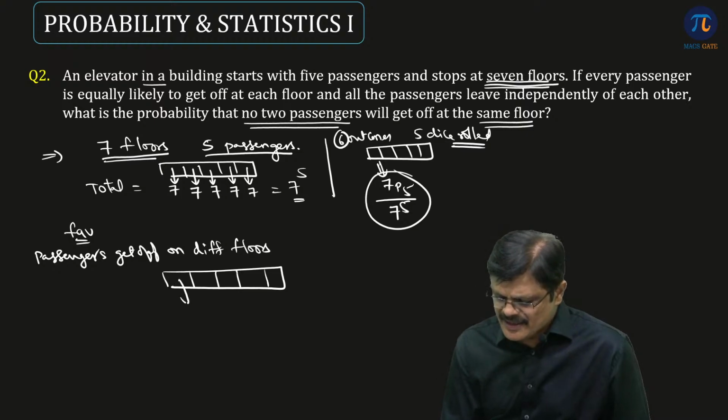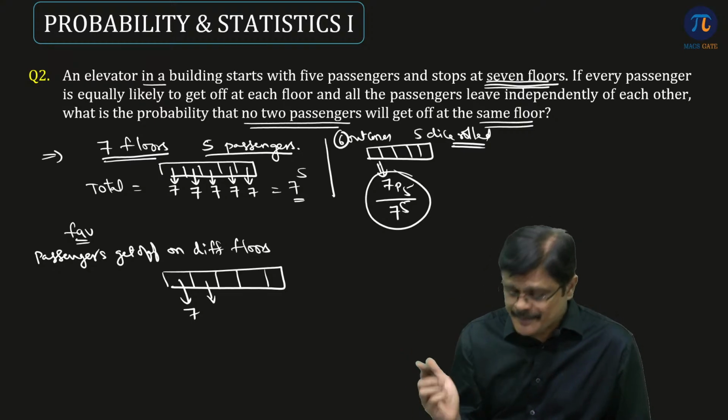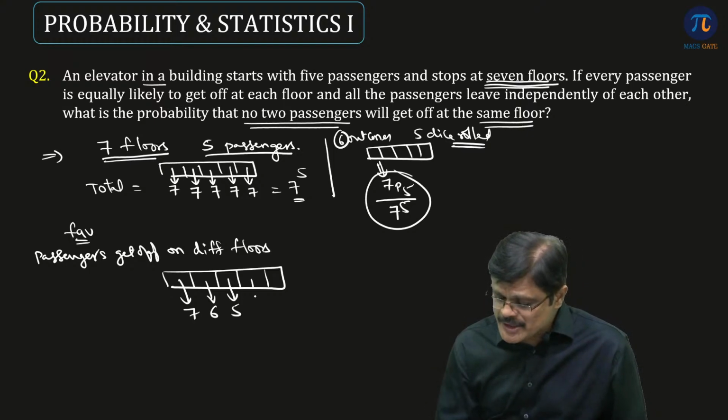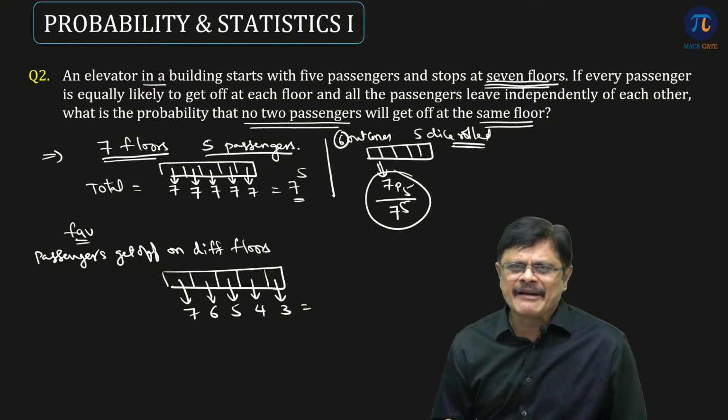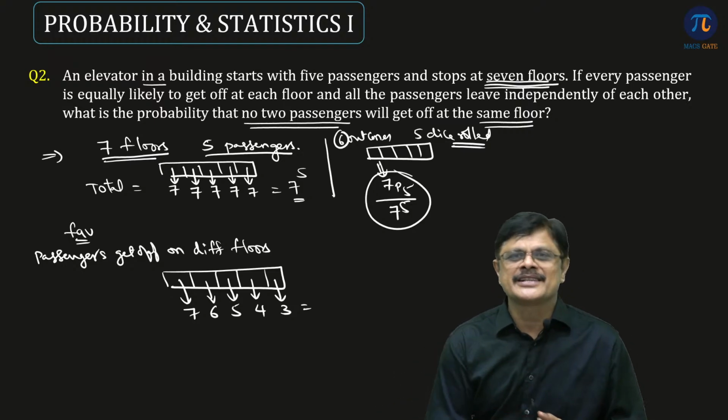5 passengers. For the first passenger, there are 7 possibilities. For the second one, because this fellow cannot get off on the floor where the first passenger got off, this fellow has 6 possibilities. The next one has 5 possibilities. The next one has 4 possibilities. The next one has 3 possibilities. So the answer is 7 into 6 into 5 into 4 into 3, or you can also say this like,